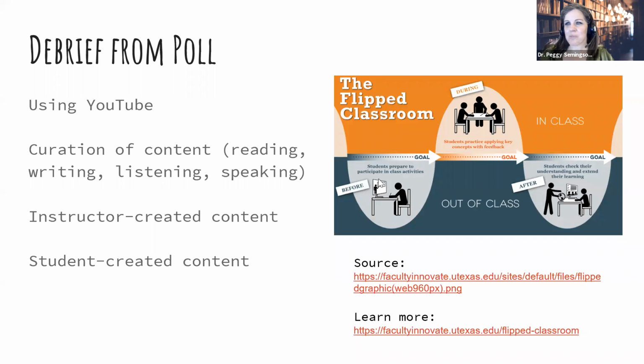So in the flipped classroom, students prepare to participate, like by watching a video. During the session, that would be your Zoom session or GoToMeeting or Blackboard Collaborate, they're rehearsing or practicing, or you're talking about something that they did with the video content. And then after, they can check their understanding or maybe watch the next video or maybe create a video. It just depends.